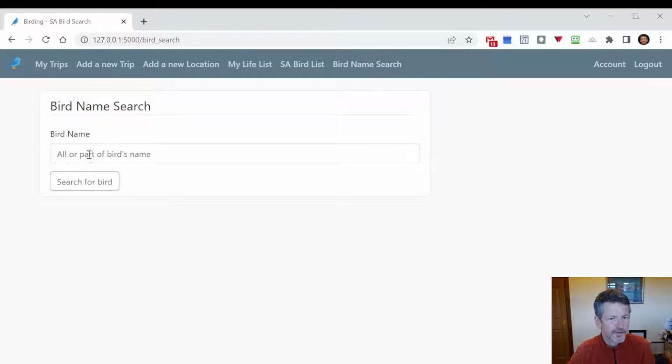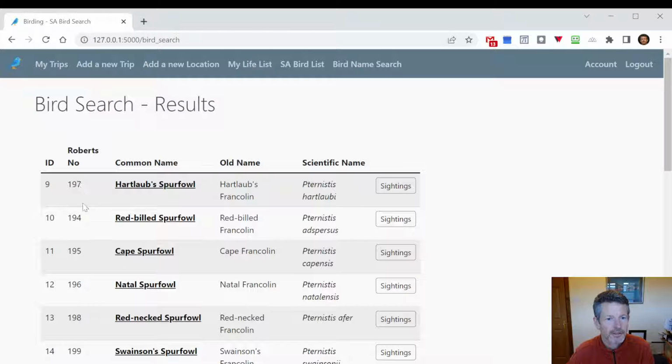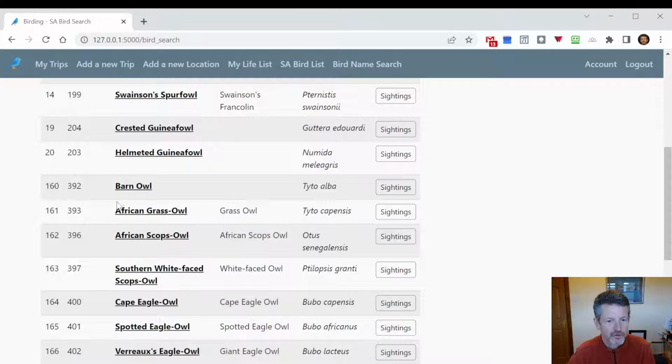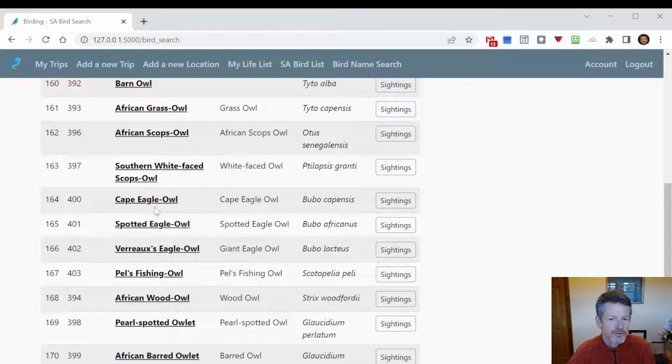I can also search for a bird. So this uses a kind of SQL query. So for example, owl, if I know I've seen an owl but I can't really remember the name, I can search for owl, and I can see here it's come up with owl in the name. Some of these are not really owls, so this is kind of spurious, but down here at the bottom I can see the true owls all listed, and I can then use this to add them to the